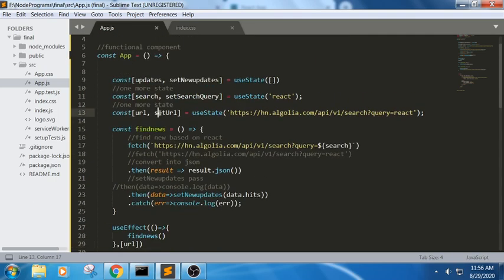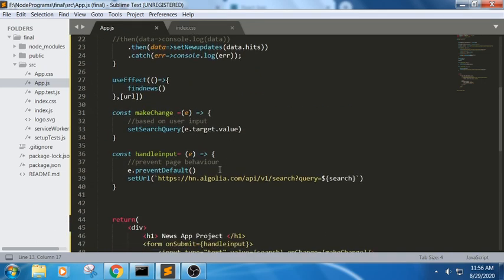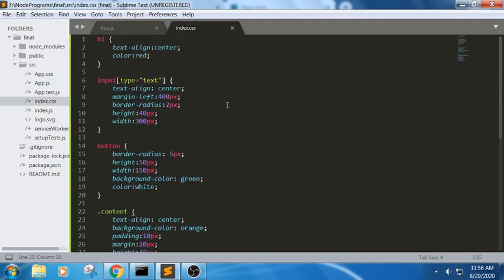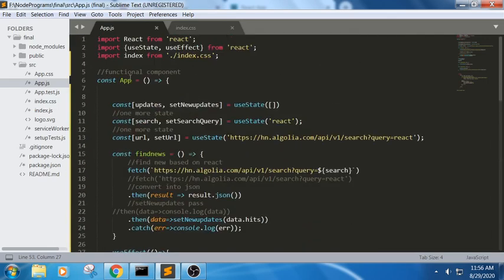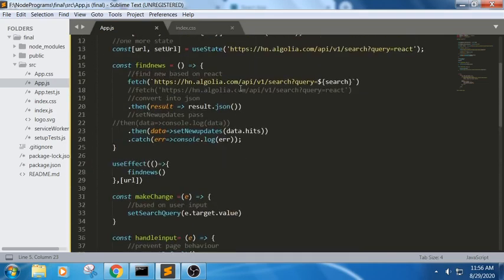The URL part is this one; initially the values will be based upon the React keyword. When the user submits any other value, it will reload. We have defined an input field and a map, which retrieves the values based upon the key and value pairs. Next we defined the CSS. Whenever you are using useState and useEffect, you need to import them in the header part, or else it will not work. So this is how we have done this application.